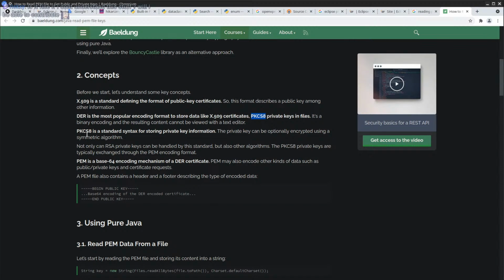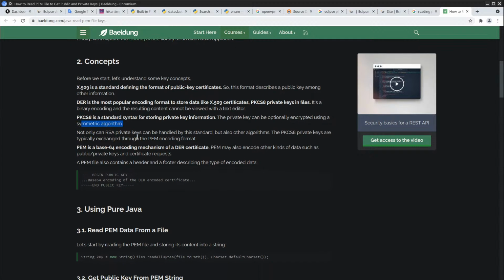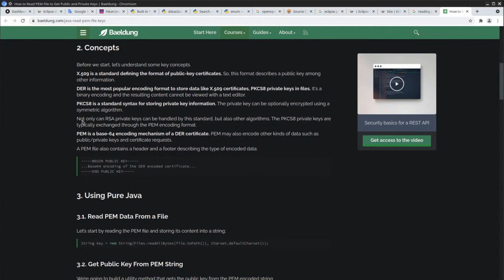Okay, PKCS8 is a standard syntax for storing private key information. The private key can be optionally encrypted using a symmetric algorithm. Not really sure what they mean by symmetric algorithm, but I guess we'll figure it out eventually. Not only RSA private keys can be handled by this standard, but also other algorithms.